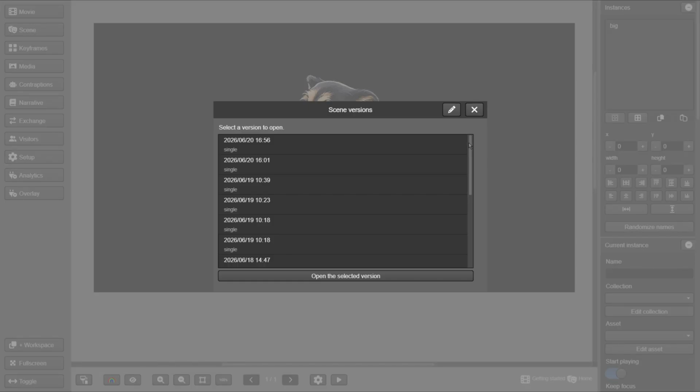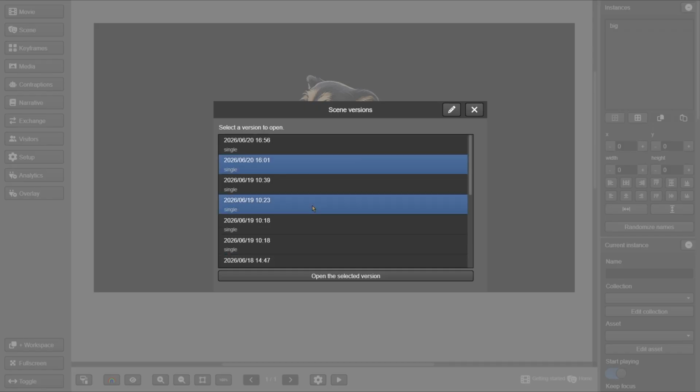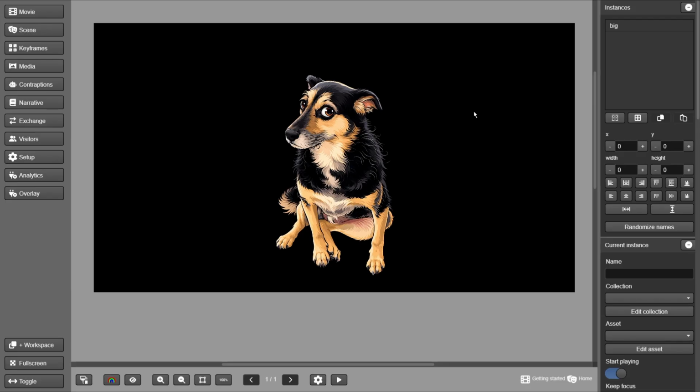Here, we have all the recent saved versions of the current scene. Tealbusi records the last 10 versions plus the published one. Note that, in our case, since we haven't published the scene at all, the published version was the first one, which didn't have any instances yet. From this window, you can open and resume work from any of the saved versions. When you open the scene using the Open button in the Scene menu, the most recently saved version is always the one that was opened.